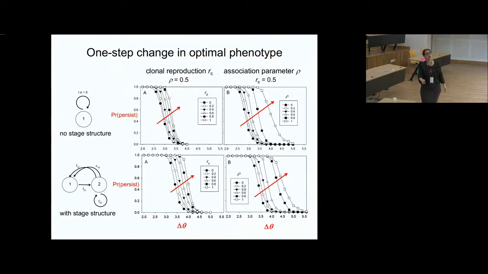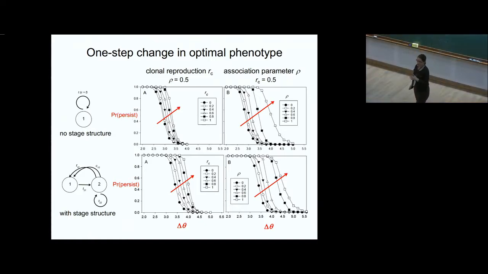That's true here as well. And the other thing you might notice is that compared to this set of curves, these guys are shifted slightly to the right. These are also a little bit shifted to the right. And generally, stage structure also makes things a little bit better as well. So stage, and it's because of that demographic advantage that we saw. All right, so they're making things better.